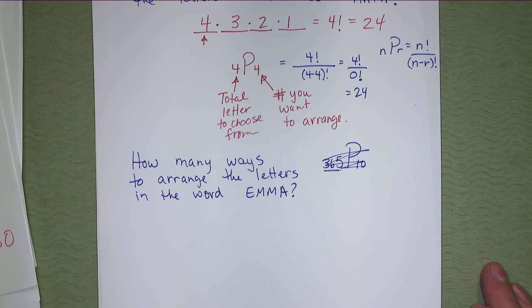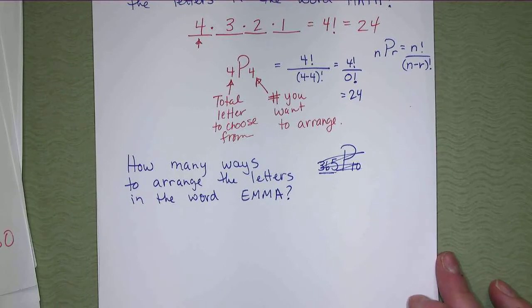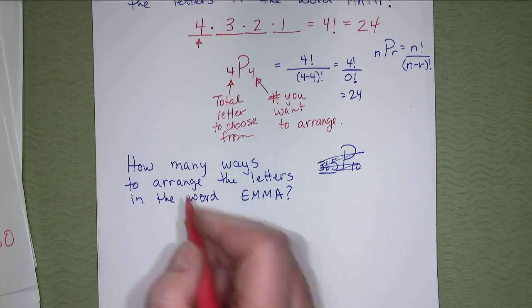So how is this different than the word math? It doesn't have as many ways because there's 2 M's. So if we switch the 2 M's, it's still the same arrangement, like it doesn't look any different. We call that indistinguishable if you can't tell them apart. So this has